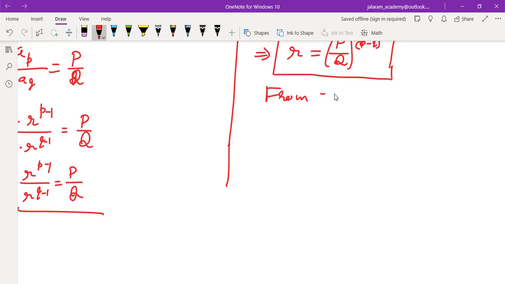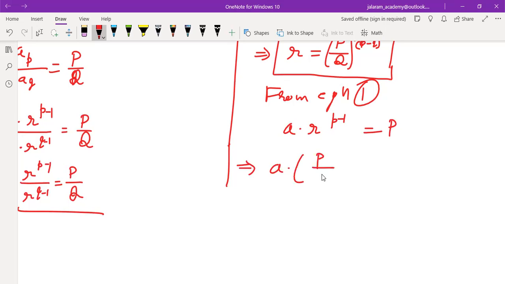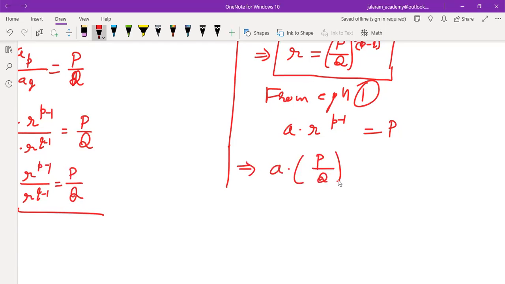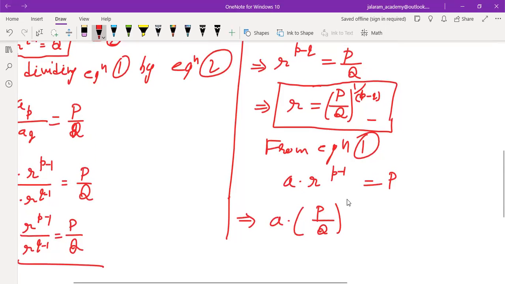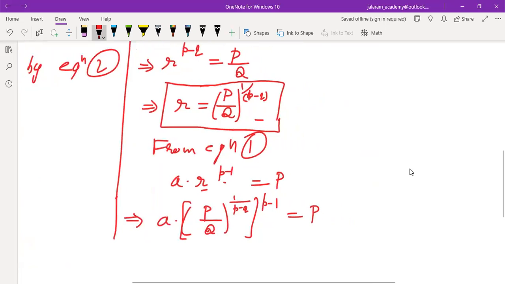From equation number 1, A into R to the power p minus 1 equals capital P. It implies the first term we have to find, into the common ratio, which is P by Q, whole to the power 1 upon p minus q. This is the value of R only. And over this there is the power of small p minus 1, equals capital P. So it implies